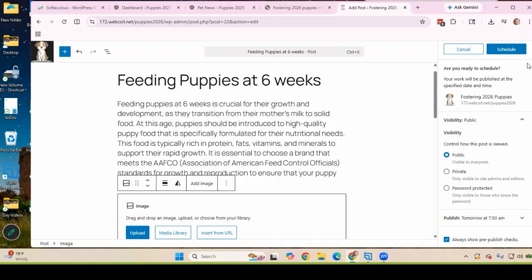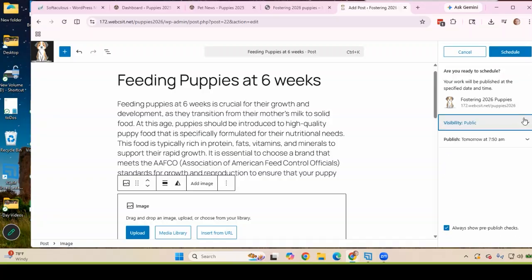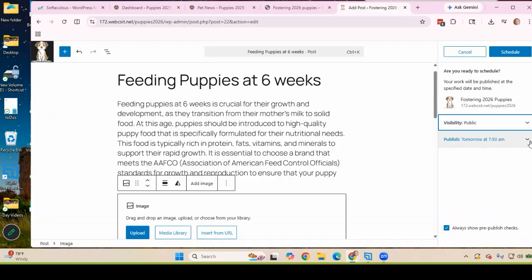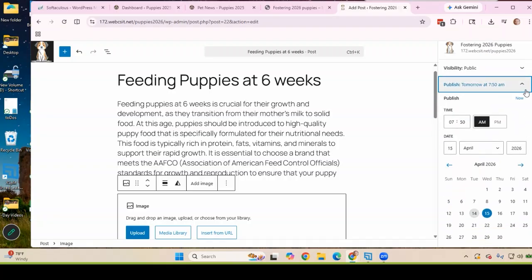Okay. And then these are just arrows that open and close. And then you have published tomorrow, so that you can open that back up and see the publish date. And maybe I need to put it at noon tomorrow. My boss called and said, hey, we don't want it to go out at 8. We want it to go out at noon. We're finding that more people at their lunch break tend to look at our posts than people first thing in the morning. So I could change this to be